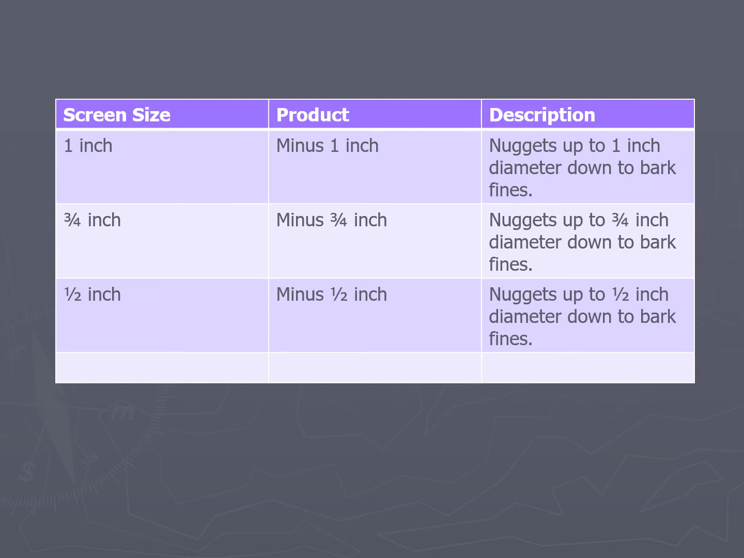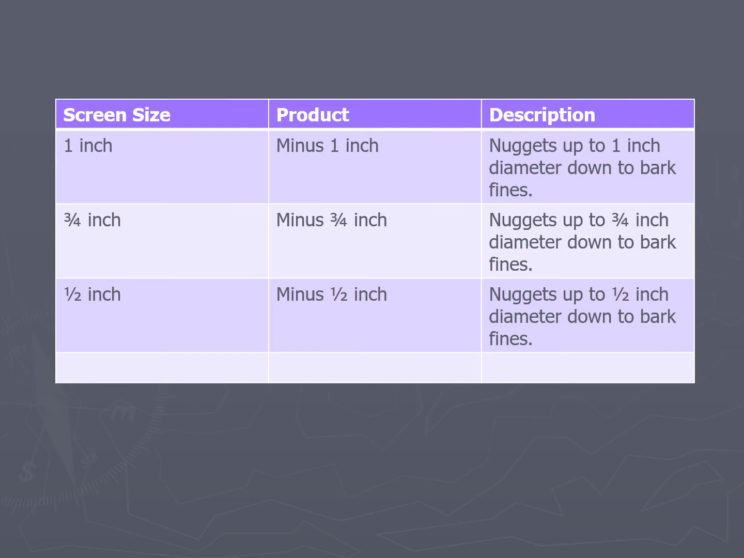Okay, this indicates the different pine bark products that are available for sale. So for example, if you were to buy what's called -1-inch pine bark, that means that the pine bark would have been passed through a 1-inch square screen. So what do you get? After you pass the pine bark through that size screen, you're going to get pine bark nuggets up to about 1 inch in diameter, and then you're going to get smaller nuggets and smaller particles right down to the bark